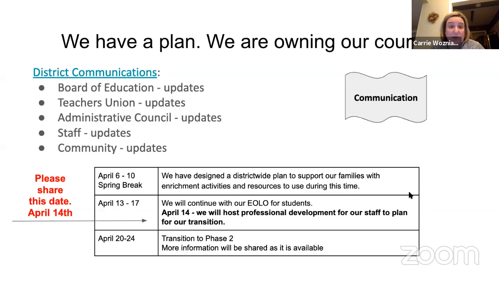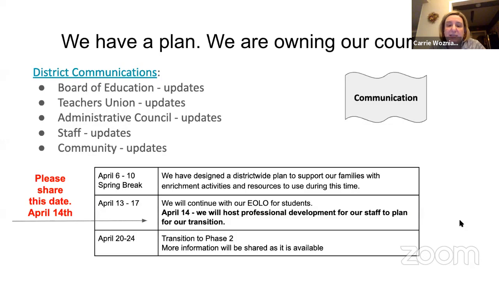Our food service people are still going in. And that is just a testament, I think, to our community. So when I say staff, I send the updates to everybody. I don't care if you're the building sub at the elementary, you're getting the updates. I think that's really important. And then obviously the community updates as well. So that is really a top priority.